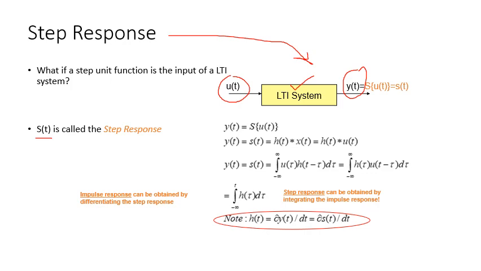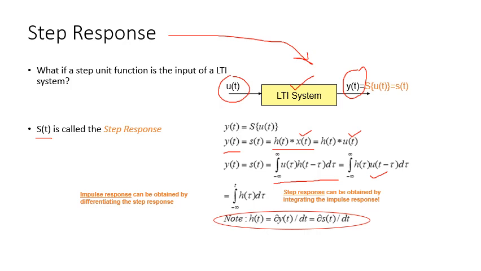By using the convolution integral, we know that our output y(t) will be equal to the convolution of h(t) and x(t). Here h(t) is representing the impulse response of the system and x(t) is representing the input. In this case, we know that the input x(t) is equal to u(t). So we can replace it in the expression and then apply the formula for convolution integral. It gives integration from minus infinity to infinity, u(tau) h(t minus tau) d tau, or we can take it the other way around also.